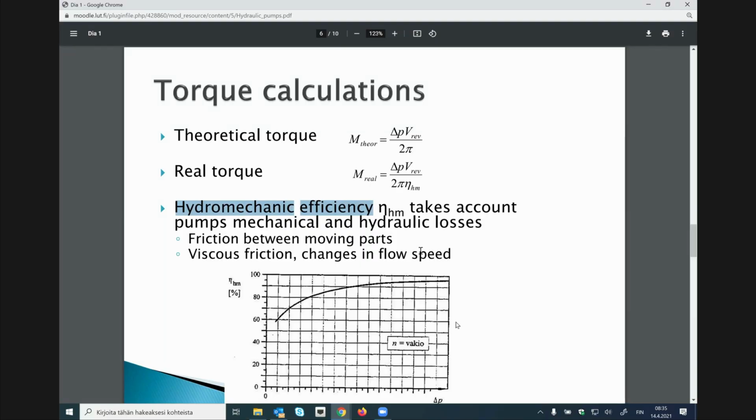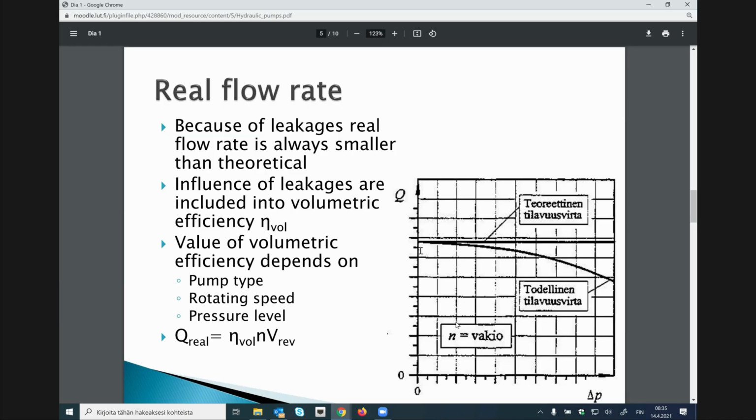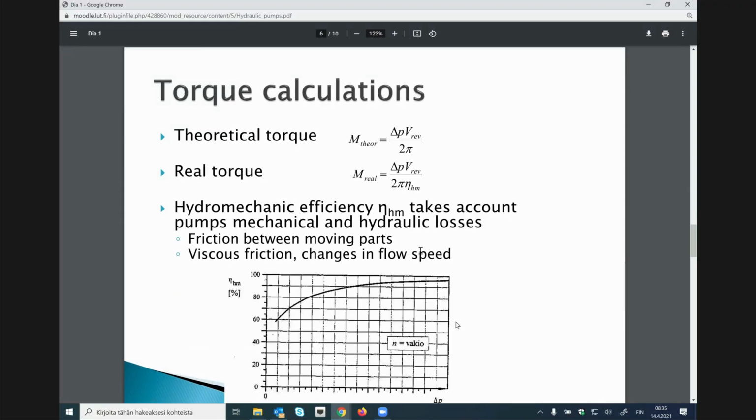So in a pump, you have these two different things. When the pressure is rising, the volumetric efficiency is decreasing, but hydromechanical efficiency is increasing. And the total efficiency we get when we put these two things together. So many times, the optimum efficiency is somewhere here. Of course, now there is not an exact scale here. I don't know how much the pressure is here, but very often the curves look like,